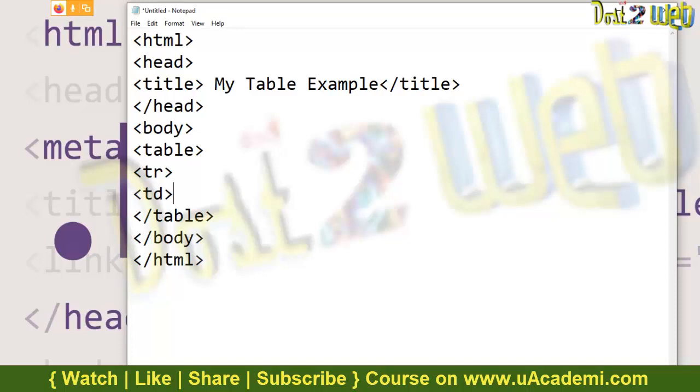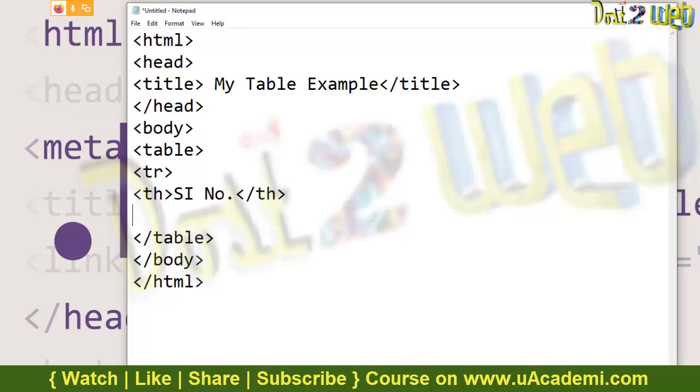If I want to use a table heading, you can use a table heading. Whenever you create any table, there will definitely be a heading. So always use the table heading. Make a table heading. Don't directly give the table data. I'll use a table heading. What will the table heading be? I'll use serial number. Now I'll close this table heading.